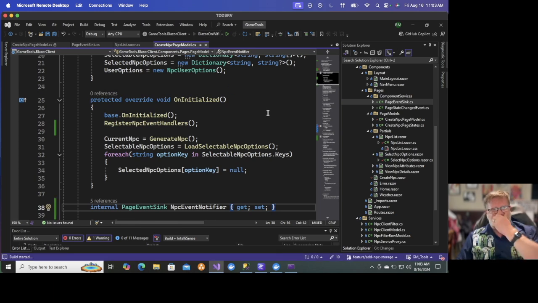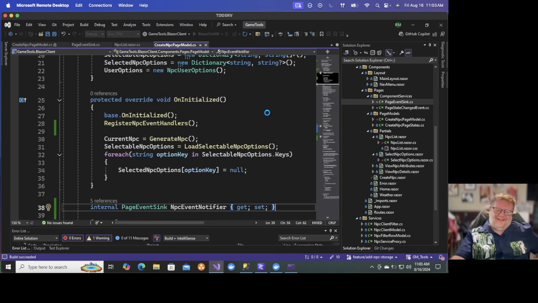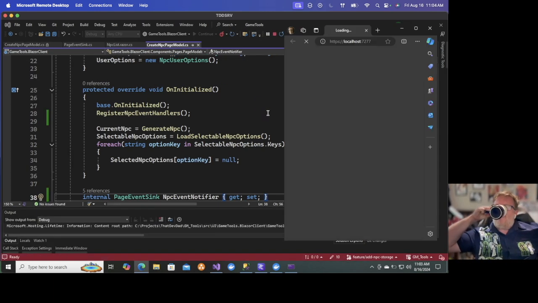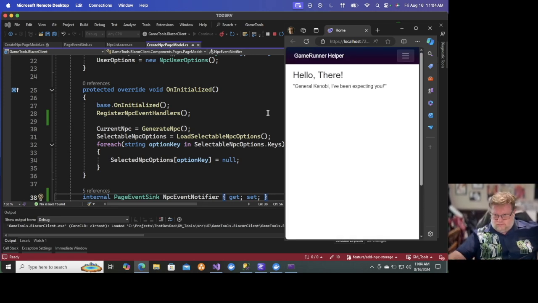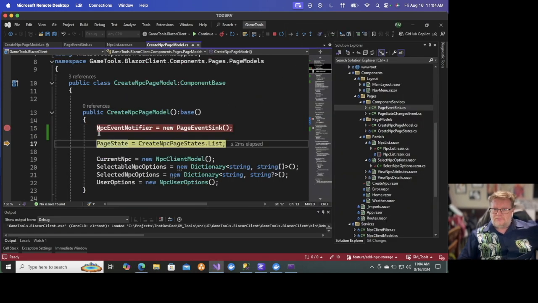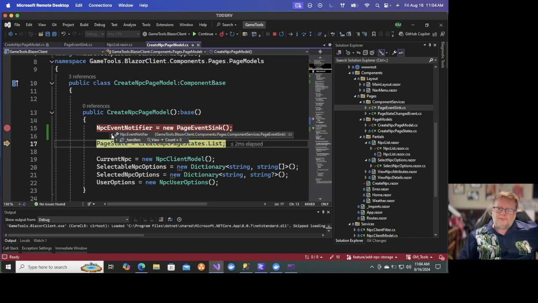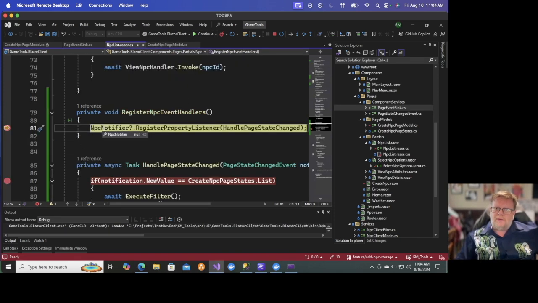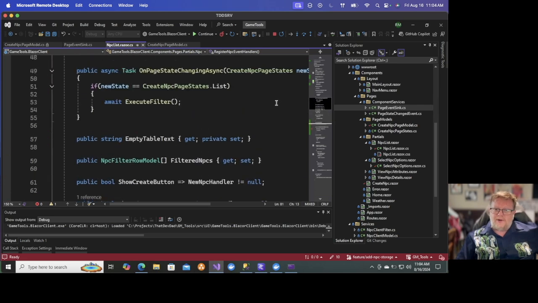And go. NPCs. Okay. Continue. Now, why is NPC notifier